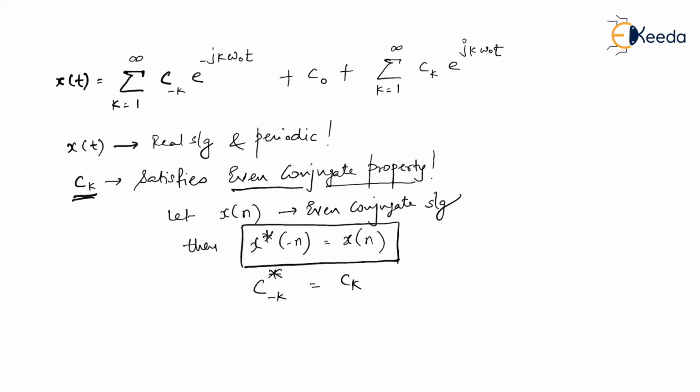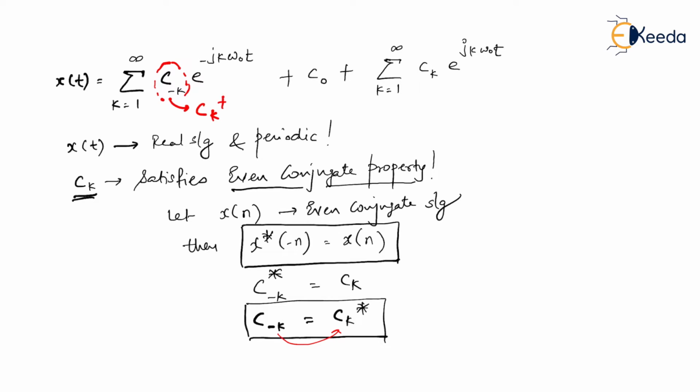What I'm going to do is take conjugate on both the sides. If I do so, it will become simply c minus k, because if you have conjugated some complex value and you reconjugate it, that conjugate will get cancelled. So c minus k will become ck conjugate. Is that right? So I'm going to replace c minus k with ck conjugate. I hope my point is clear. So let me go to the next slide.